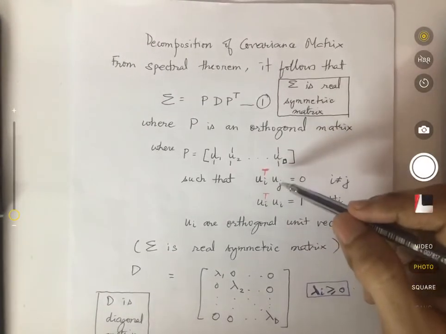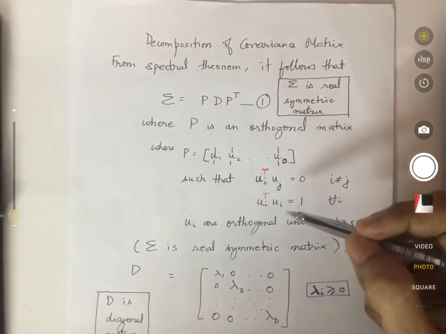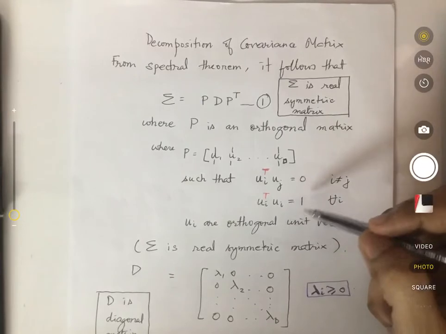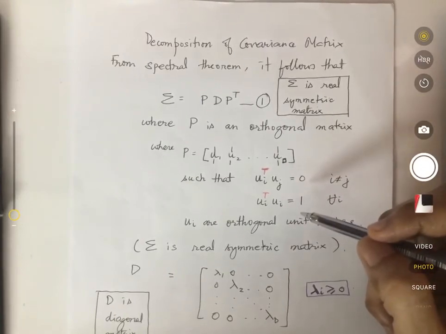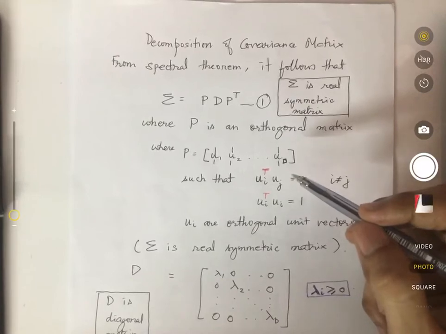So ui transpose uj is equal to 0 for i not equal to j, and ui transpose ui is equal to 1. So the ui are orthogonal unit vectors,